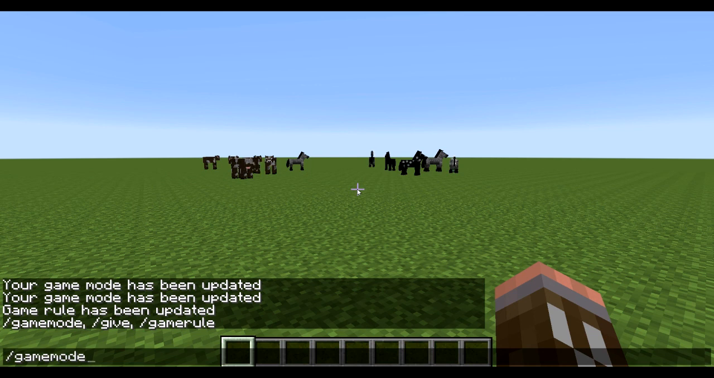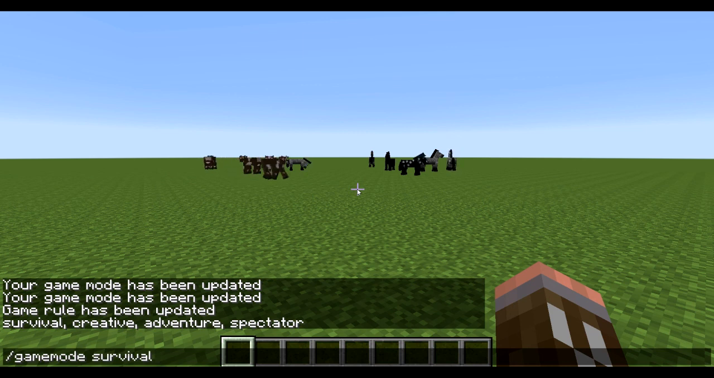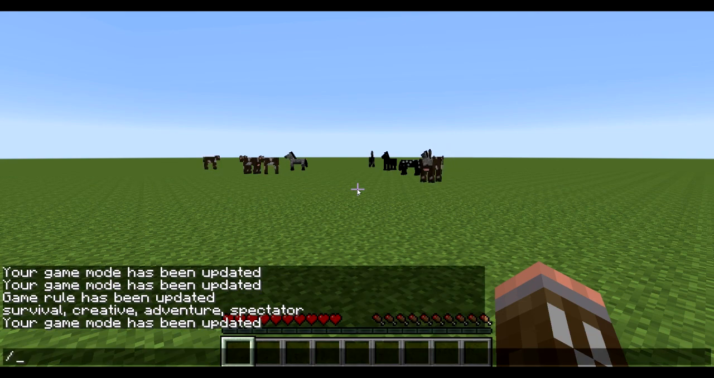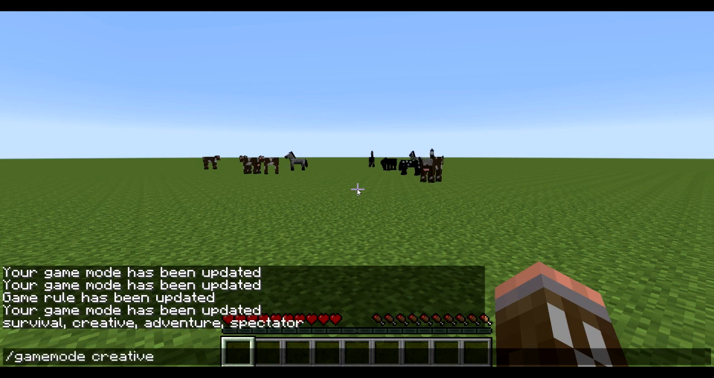So game mode is the first one that it comes to, because that's the first alphabetical one it comes to. And then I press space and tab, and it'll flick through all the different possibilities. So survival, creative, adventure, spectator, which has been added in 1.8. So I can change myself to adventure, press enter, and I change myself to adventure, and then back to creative